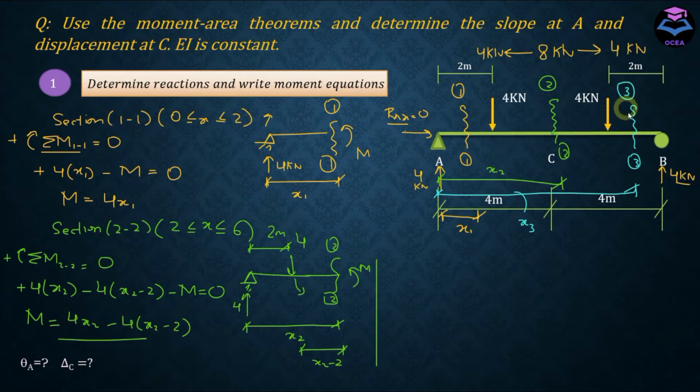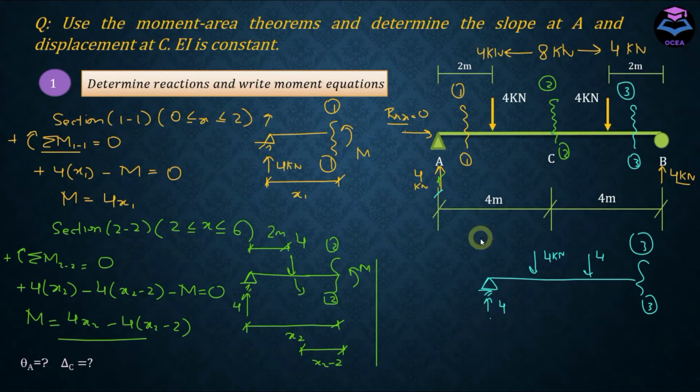Okay, now for the last section, section 3. Again, repeat the same procedure. Separate the leftward portion of the member about this section from the rest of the structure. And as discussed earlier, this distance between the point loads is 4 meter. Now, before writing the moment equation for section 3, let's first write the moment arm for each of the forces with respect to this section. So this 4 kilonewton force